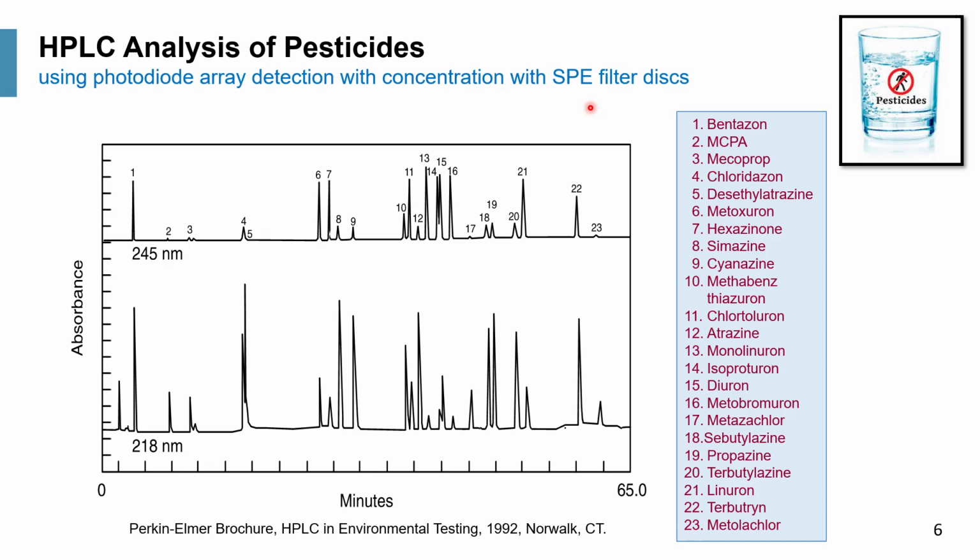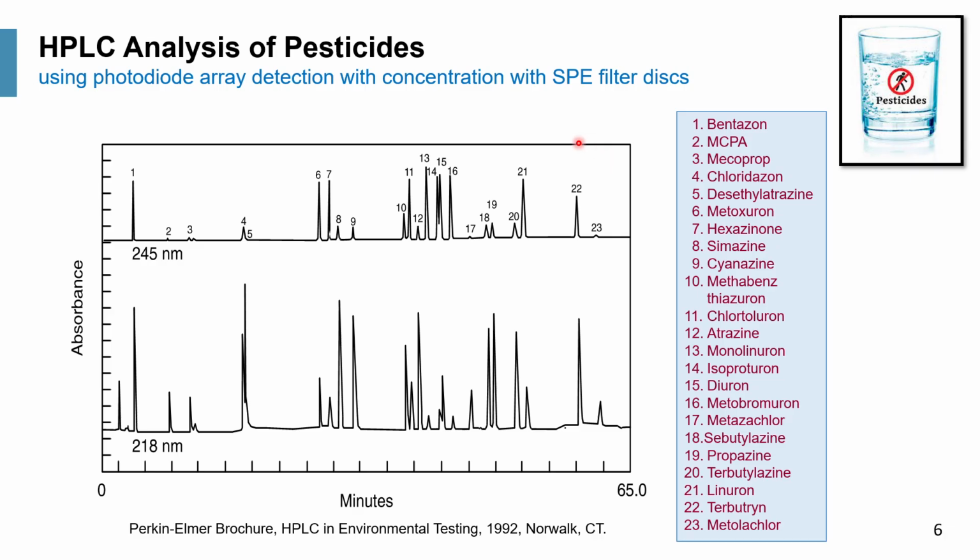So before the advent of the triple quad mass spec, a lot of these were done by UV detection, and you can do it pretty well in drinking water using something called the SPE disk, which stands for solid phase extraction. Instead of using a cartridge, you use a filter disc, at that time marketed by 3M, impregnated with C18 phases. So you can actually filter a whole liter of drinking water or river water through that, and